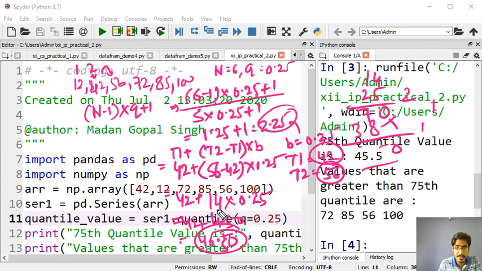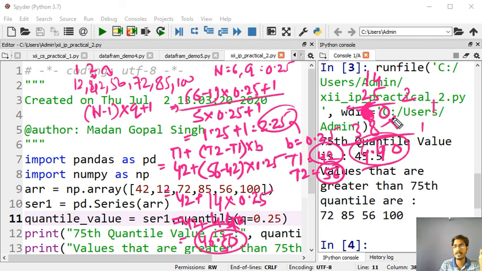There might be some mistake in the calculation. 56 minus 42 is 14, into 0.25.